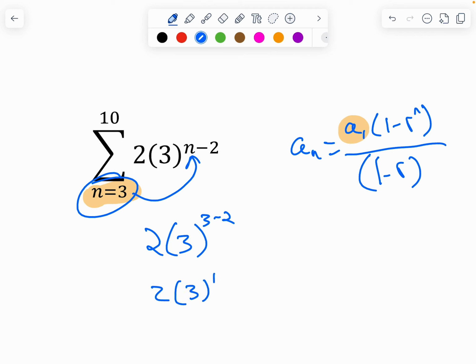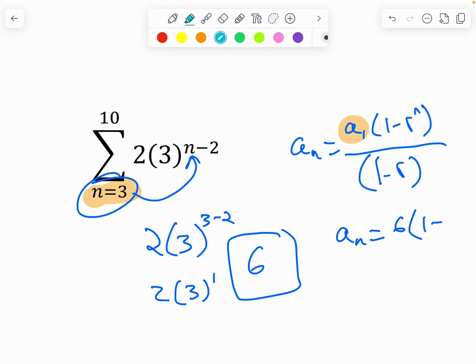And 3 to the first power is 3, times 2 is 6. Okay, so I get 6 when I do that. So what's going to go in that orange position is going to be a 6 times 1 minus. Now remember, r is the thing being raised to the power, so it's the 3. 1 minus 3